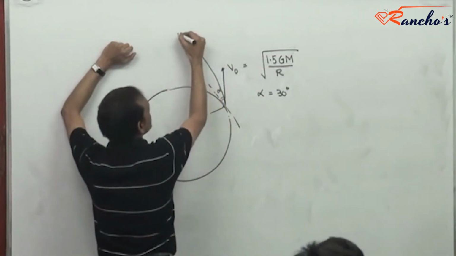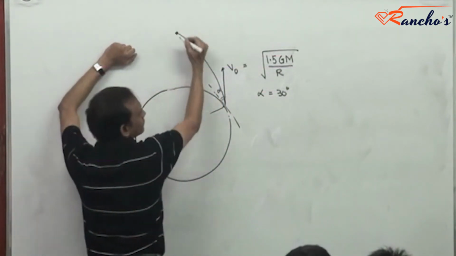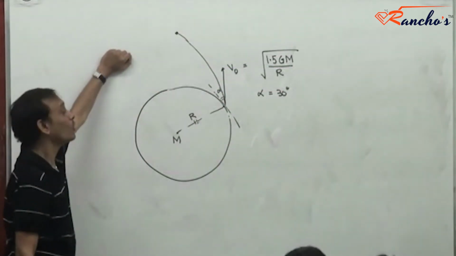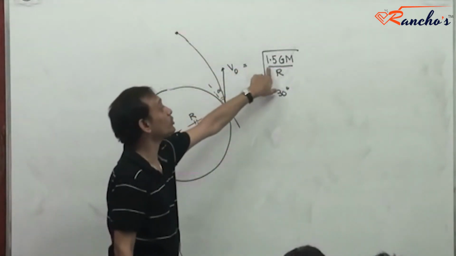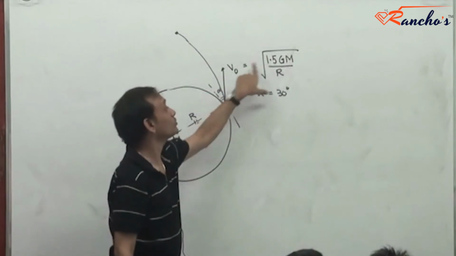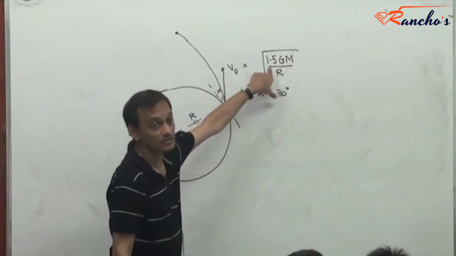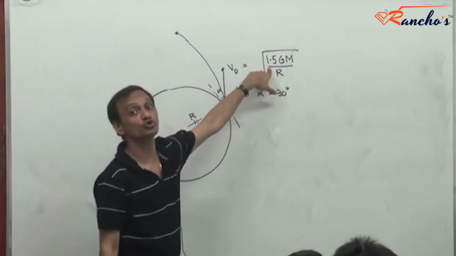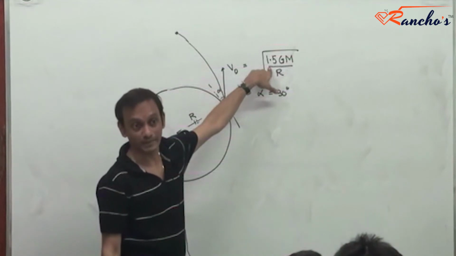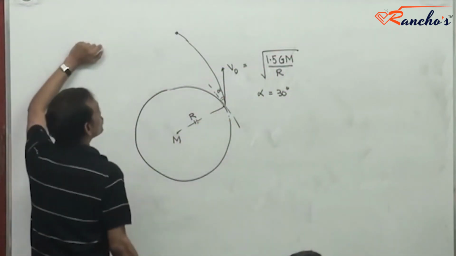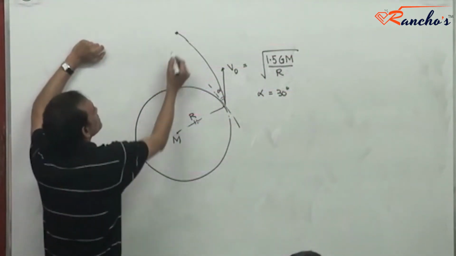It will take up a certain trajectory. Obviously, V0 is greater than the orbital speed, so the path pursued is going to be elliptic about the Earth. So now, my claim is,